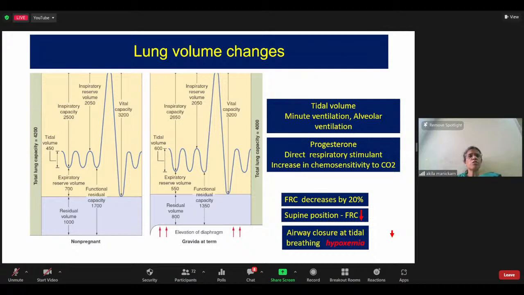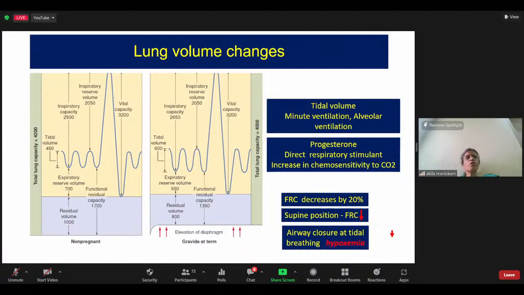Suppose the patient lies down in the supine posture, there is further reduction in your FRC. So the functional residual capacity is the one which is going to be enormously decreased when the patient lies supine, especially during neuraxial anesthesia and during transport of your patients. So though there is an increase in tidal volume by 45%, their functional residual capacity decreases by 25 to 30%. And the closing capacity, which is somewhere around 1000 ml, does not change.